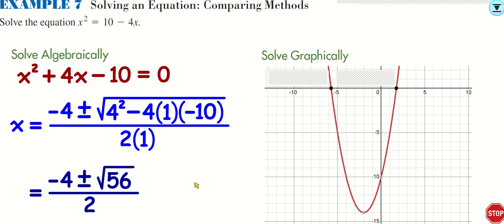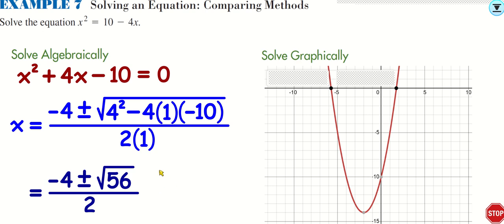It's not like that says the square root of 64 or the square root of 9 or the square root of 81 or the square root of 1 or the square root of 4. The square root of 56, that is a nasty, irrational number. Okay? So we could approximate this. And remember, there is technically two answers here. One answer where you go with the plus, like -4 plus square root of 56 divided by 2. And then the other answer is when you do -4 minus square root of 56 divided by 2. And you could approximate both those answers. Okay? But